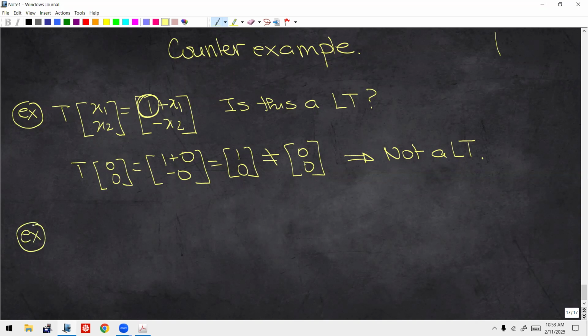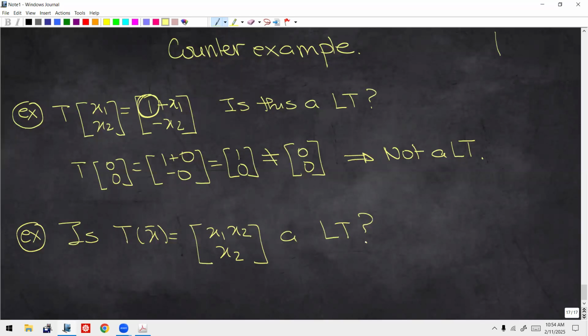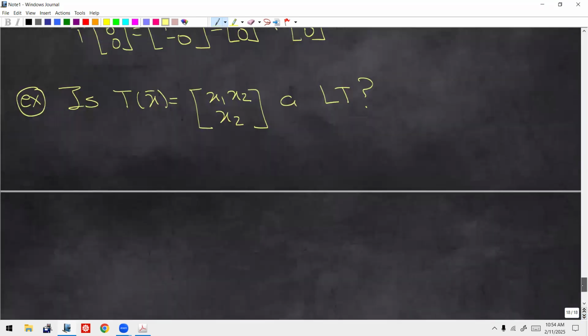Here is another example. They've asked us, is this transformation T of X, where you have X1, X2, and X2, a linear transformation? Okay, so how do we do this? Well, we could do the same thing that we did a minute ago. Do you follow? Okay, so let's take a look at, if I take the 0 vector,